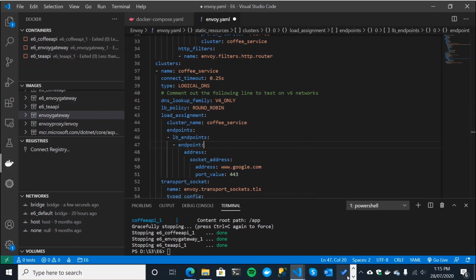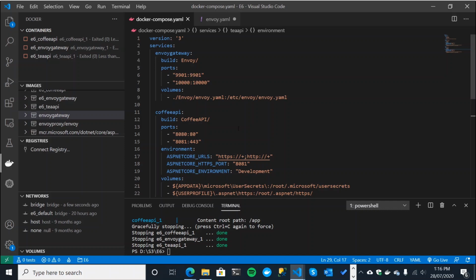Taking a quick step back, this is where Docker Compose is really useful, but this is where you have to know a little bit about Docker Compose networking. So we've set up our Coffee API service here, and we've mapped these external ports to these internal ports. Now, the external port mappings are there purely for me and for you to go in from your desktop and make sure the Coffee API is working. From a Docker Compose perspective, all these containers are now networked together, but the port that they have access to is not this external port. The port they actually have access to are these internal ports.